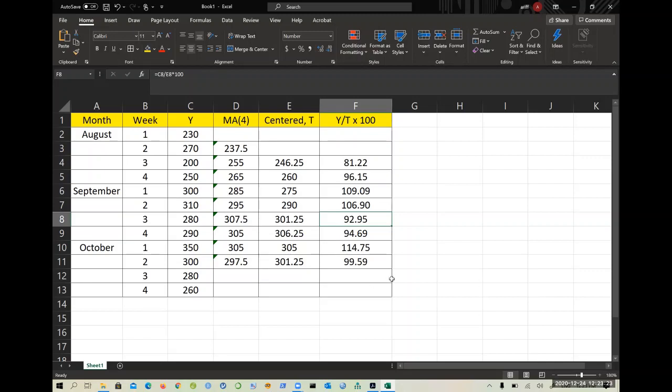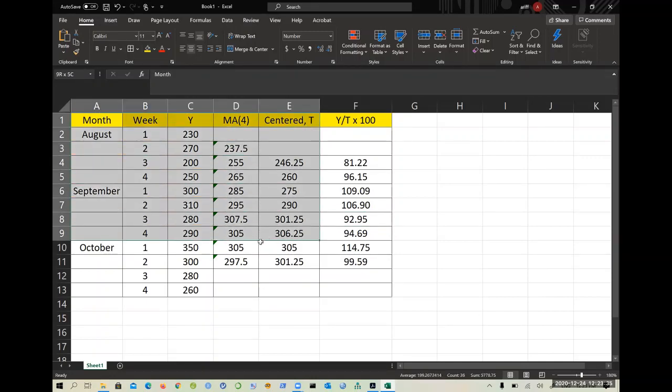Okay. Suppose that you need to draw the graph untuk yang ni. So katakanlah you kena lukiskan graph untuk yang ni. So how do you draw the graph for this one? So let me just give you some idea how to draw this graph. So how it looks like. So I'm just going to draw this graph.